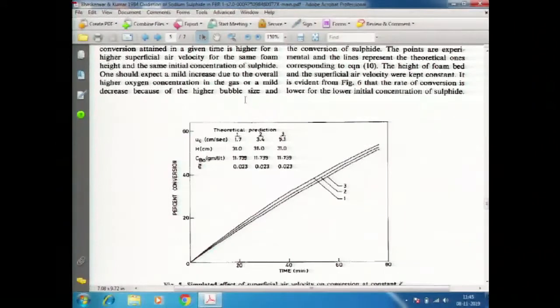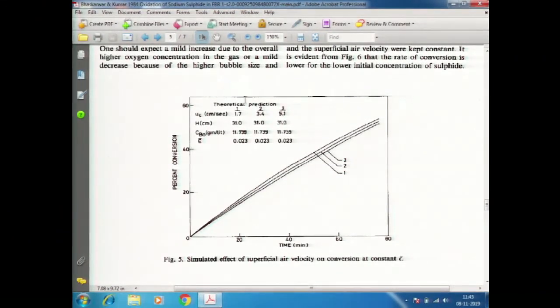This is like a little bit of detective work, percentage conversion versus time for different air flow rates, but keeping liquid holdup fixed. If the liquid holdup is fixed and you increase the air flow rate or superficial velocity, the model, which is in good agreement with the experiments as seen earlier, shows hardly any increase in the conversion. So, what actually happens is something very insightful. Thicker film means there is no buildup of oxygen inside the film, the gradients are kept sharper, and therefore, there is more oxygen diffusing into the sodium sulphide solution in foam for thicker films.